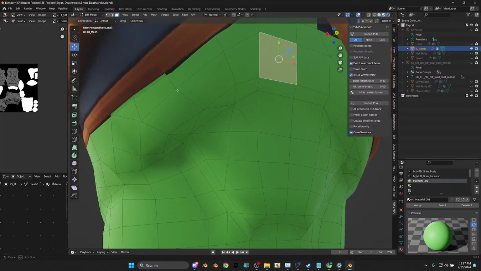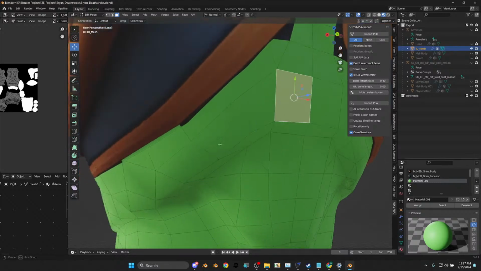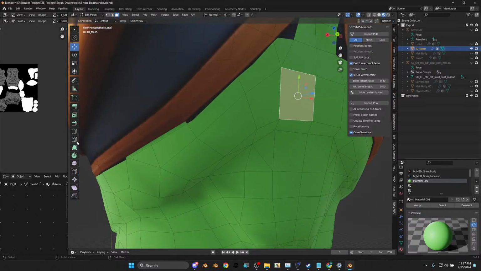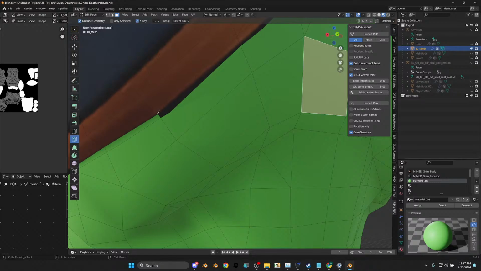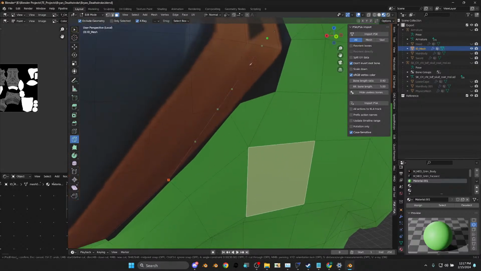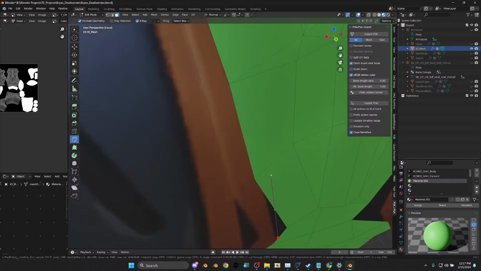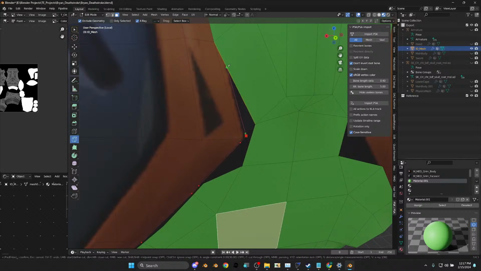Then go in with my knife tool, grab this piece right here. Now let's get that like that. Say like that. Bam. Now if I select those areas,